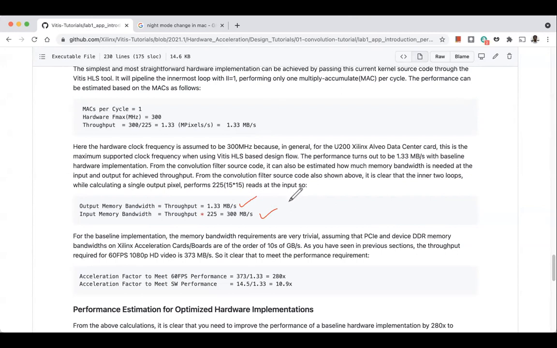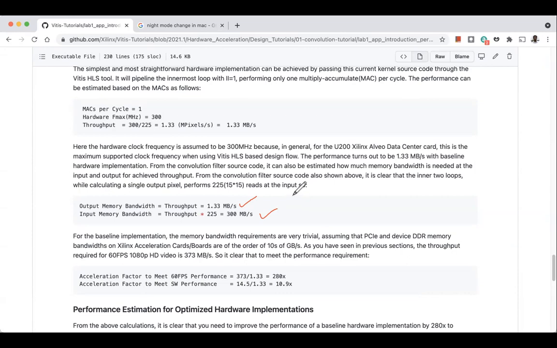So the roofline here is not memory. Memory is not the bottleneck. So any optimizations that you do related to memory are not going to fetch you much, because they don't get you anything. So you need to focus on how to improve the computations that you can do. You have to do more computations using your FPGA.